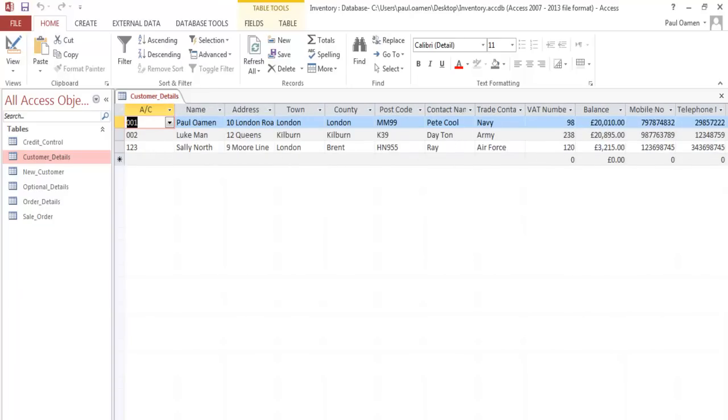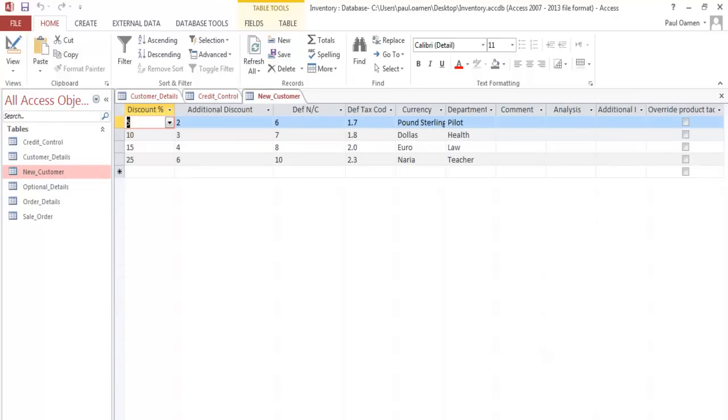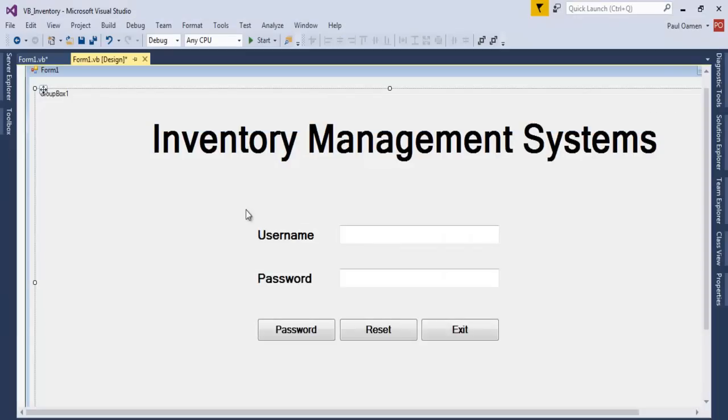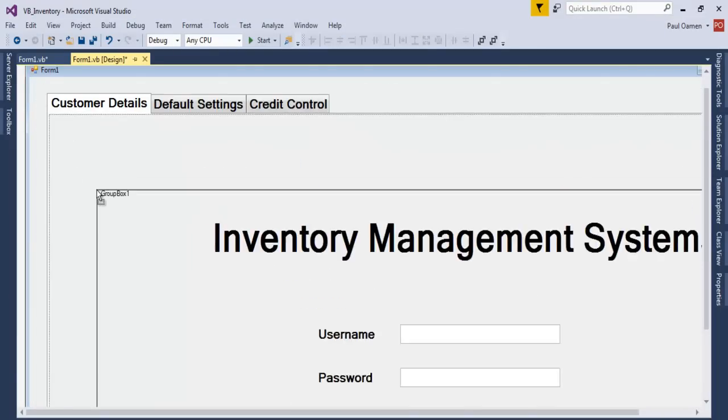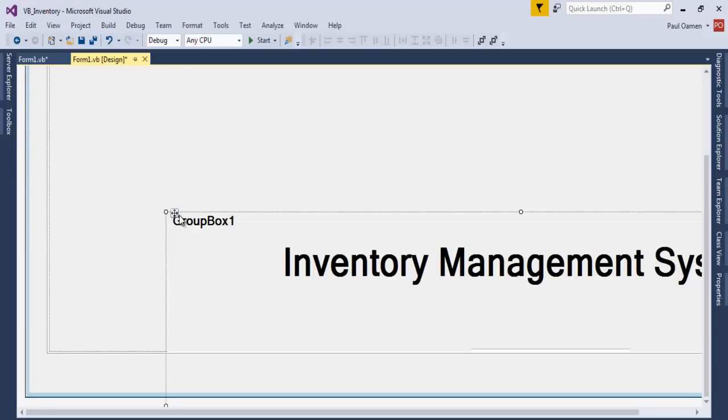Those are the information that I need on my system for the customers, and you can always modify it and add more details of customers. And here we have the credit control. Then we also have new customers details right there. Okay, so what I would do next is, let's move this aside, and right here I have my tab